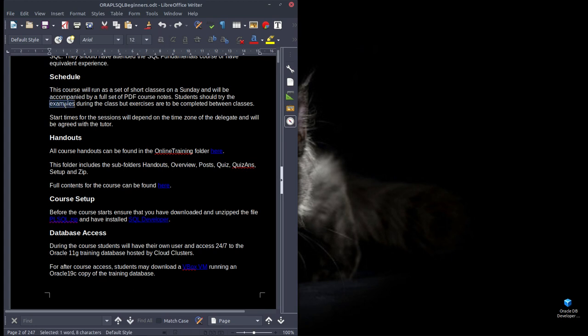A lot of people just sit and watch me do the examples. That's not a good way of learning it. You should be trying the examples yourself. Now, we're not going to do the exercises. There are lots of exercises during the classes because it would take too much time. So during the SQL course, when we decided to do 2-hour classes, we decided we would do the exercises between classes. So you'll have a whole week to do any exercises between the two classes.